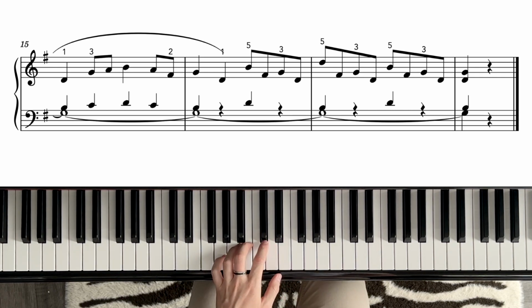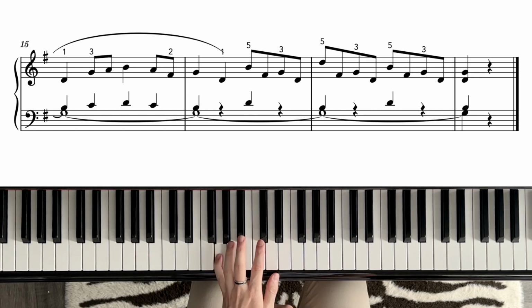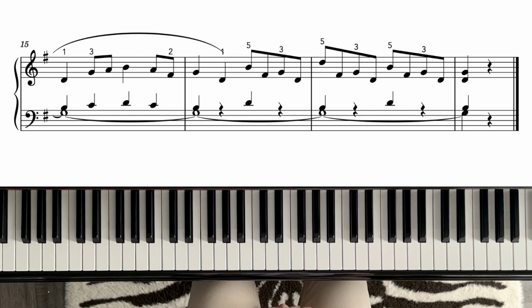If you really struggle with number 5, then try just to play some easier exercises first by holding down 5, and just a 5-note scale going up and down as a warm-up to this piece. And if you manage to do that, then you can start again the left hand phrases. This piece